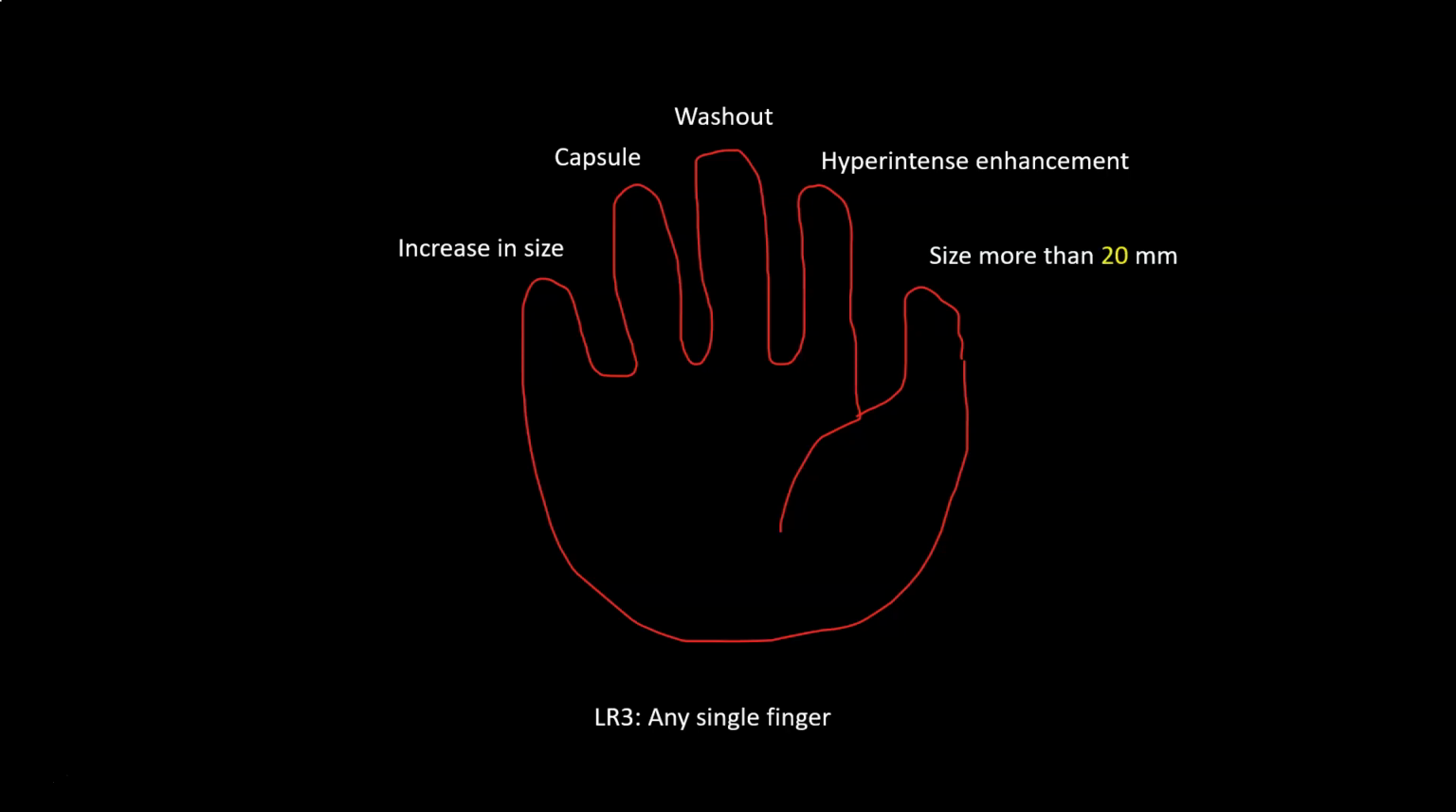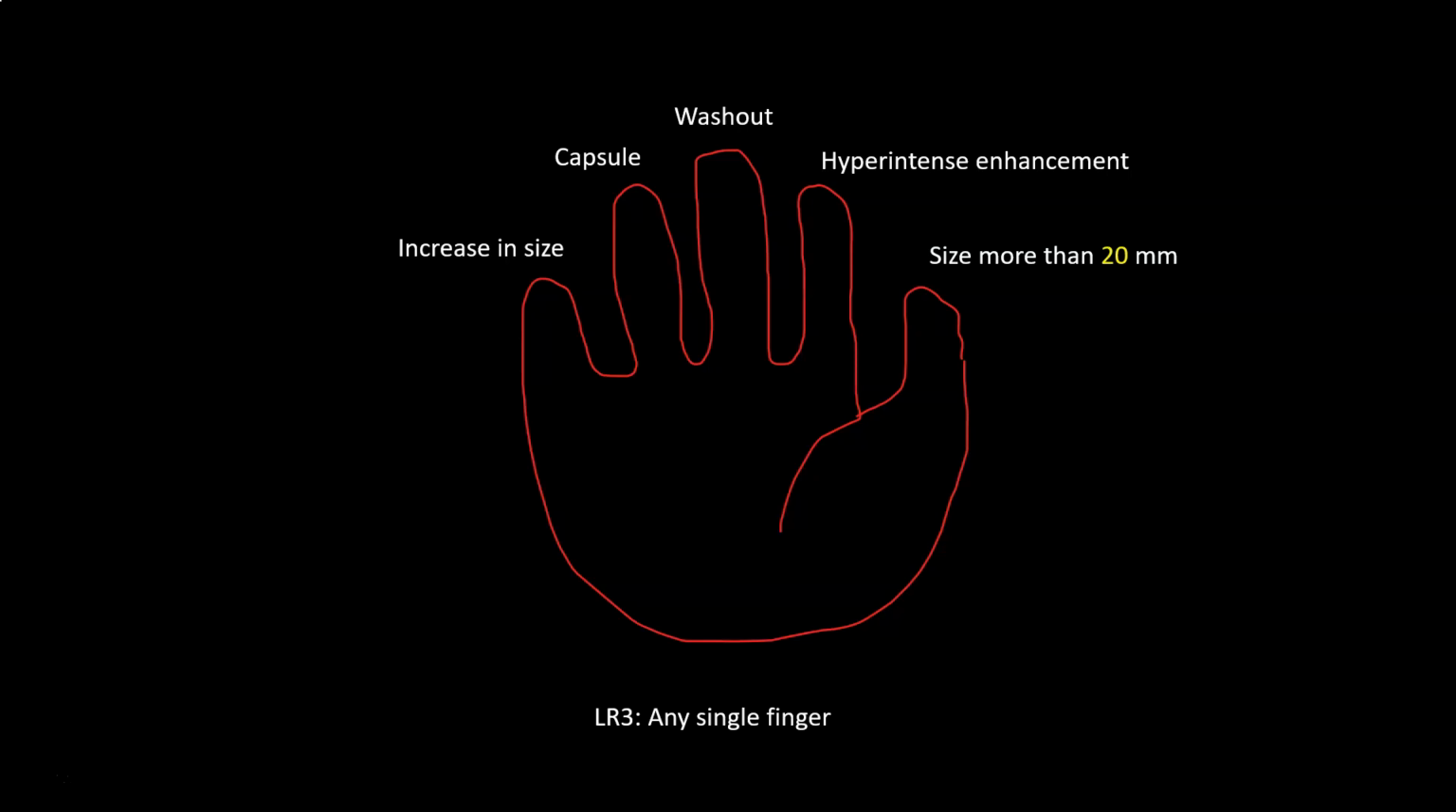Now, if we put the threshold for the size as 20 millimeters, then we can diagnose the LIRADS 3 lesion by having any single finger. This means that if we are having a lesion more than 20 millimeter in the cirrhotic liver, without hyperintense enhancement, without washout, without a capsule, or without increase in size, then it is LIRADS 3. And similarly, if we are having a very small lesion, less than 20, with hyperintense enhancement, but no washout, no capsule, or no increase in size, then it is also LIRADS 3, and the same applies for the rest of